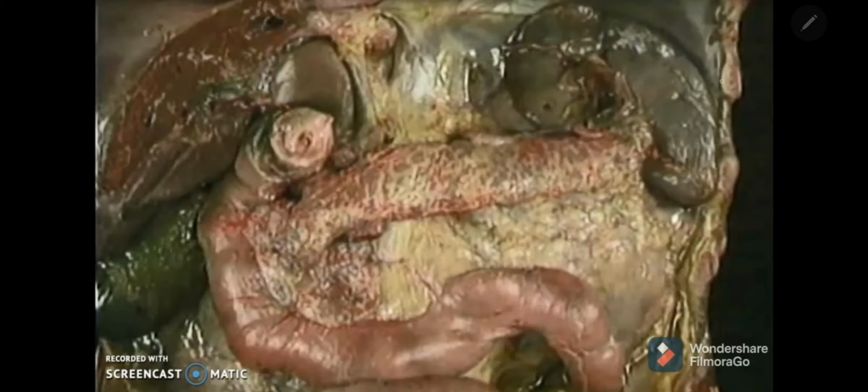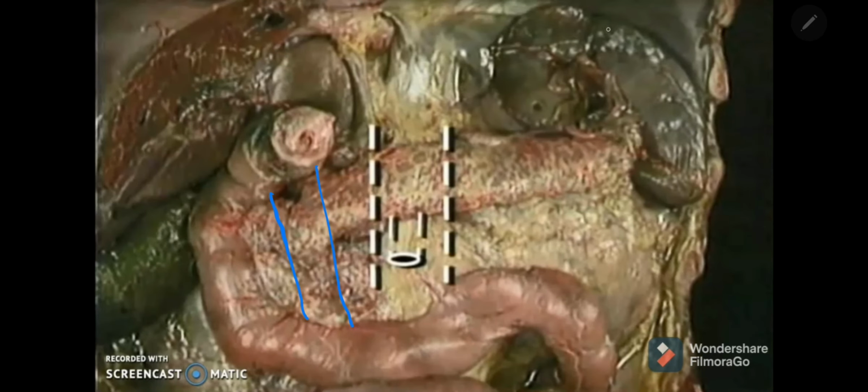So the posterior surface of the head is related to the inferior vena cava, and portal vein is there, and you can see abdominal aorta and superior mesenteric vessel, whereas the splenic vein is related to the posterior surface of the body of the pancreas. And here also you can notice the right crus and left crus of diaphragm, and here